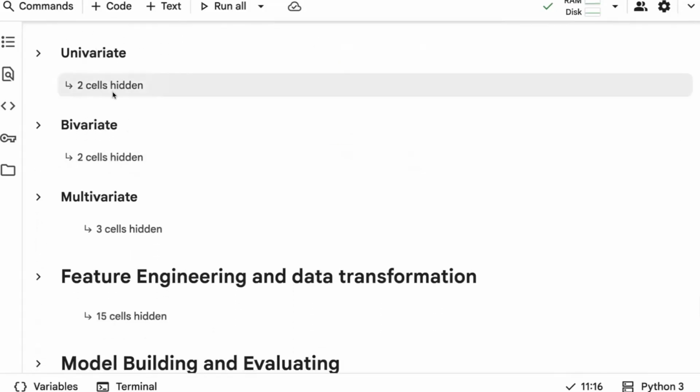Now it's time to explore the data, in the sense that we have to perform visualization to explore what exactly is happening in a data set, right? So we have three different approaches. One is univariate, bivariate, and multivariate. In the name itself, you can understand things. First, let's start with univariate.